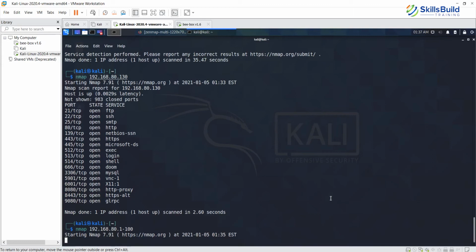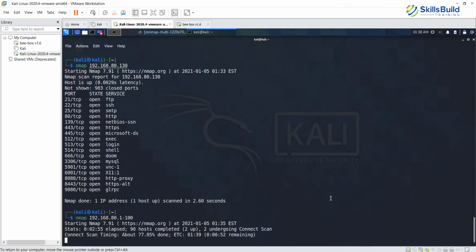You have to remember, the shorter the range, the faster the results. If you put an entire subnet of 254 systems, then of course it's going to take a long time, because it's going to go to each IP address and try to ping on the network and find that output. That is exactly what it seems to be doing in the back end. And if any of these IP addresses are found on one of the live systems, then it has to ping that system and get the result output. So let's see what is happening.